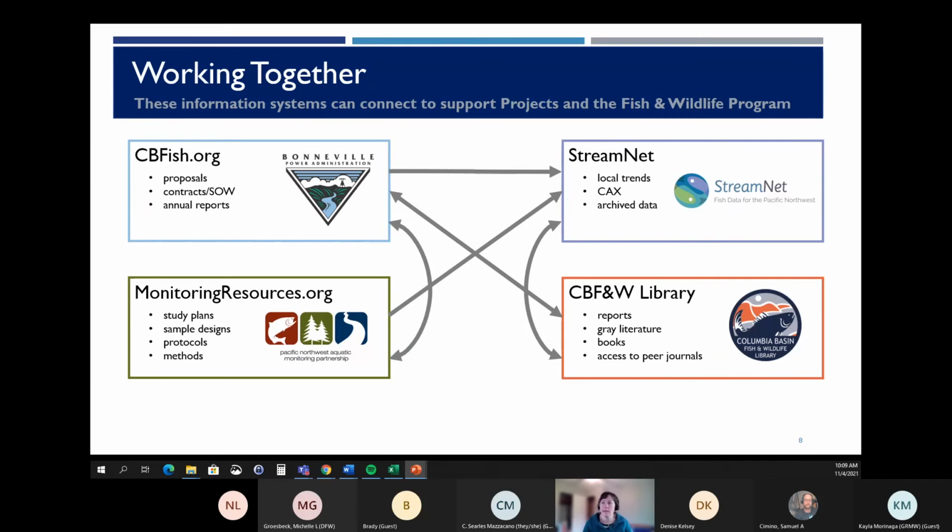Monitoringresources.org is currently linked to CB Fish. If you're a person who uses CB Fish, you will have an RMNE work element, you will have had to interact with monitoringresources.org, and we'll talk a little more detail about that in a second. We are working to connect the monitoringresources.org documentation to StreamNet. There's some loose connections there, but we're really focused this year on QA/QCing those connections,